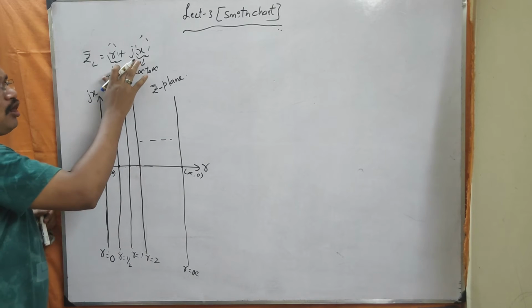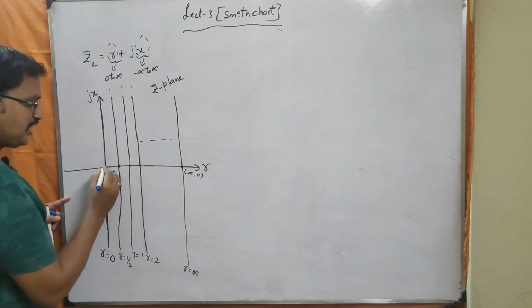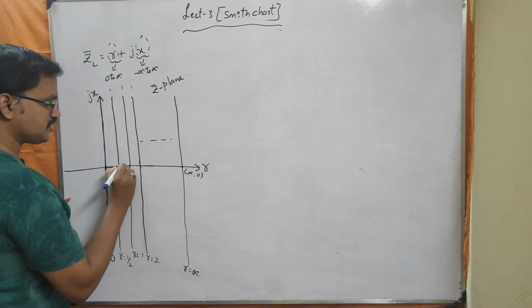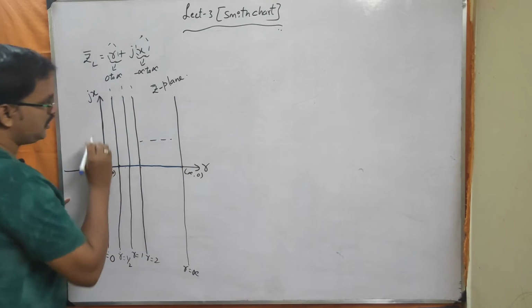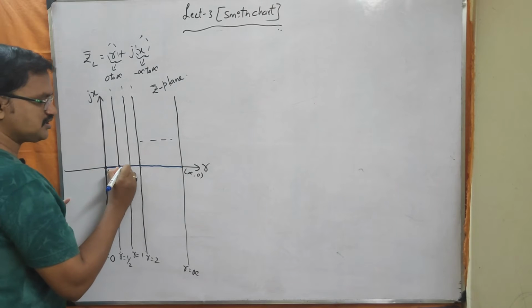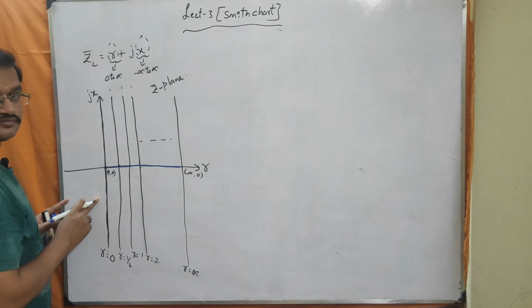Okay. Now if we try to represent all the possible values of reactances on the impedance plane, how we can represent all these possible values of reactances onto the gamma plane? See here, if I consider this line here, see, we have to consider only to the right of what? Imaginary axis, including imaginary axis. Okay, so if I consider this line here, on this line, what is X value here?